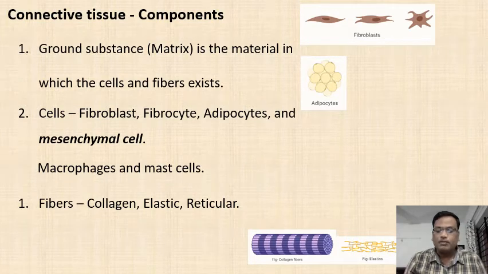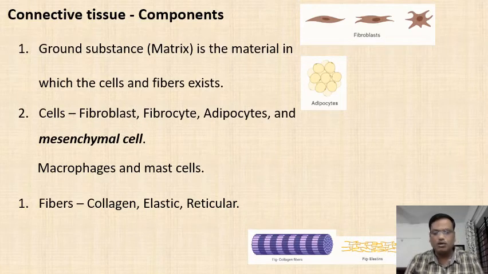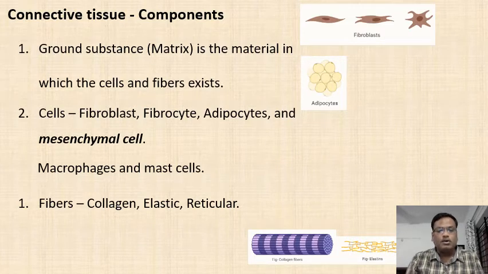Now what is matrix or what is ground substance? Ground substance is normally made up of organic and inorganic components. The organic component is normally the protein, and the inorganic component is made up of minerals and water, right? So that forms the ground substance in which we find the cells, and depending upon the category of the connective tissue we find different kinds of cells, but most commonly we find cells like fibroblasts and fibrocytes,